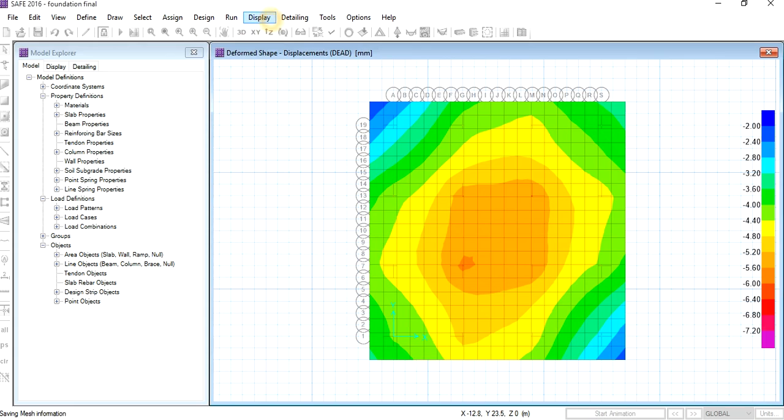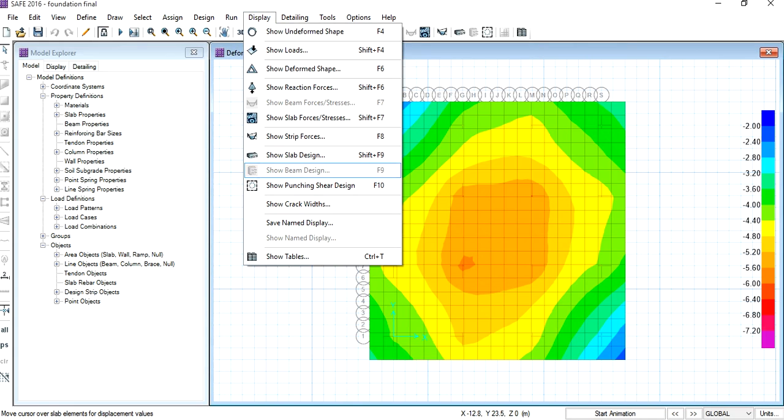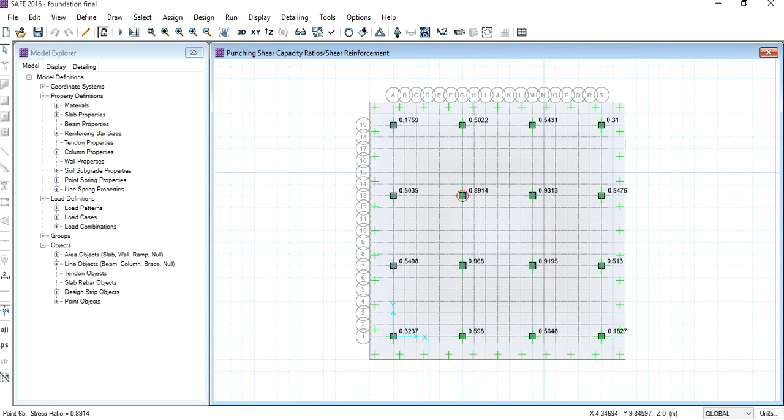Now we can see that the punching shear ratio for all the columns is now less than 1. Hence, all the columns are safe on the footing, and the footing is capable of bearing the loads of all the columns. Hence, our analysis as well as the design is now thoroughly complete.